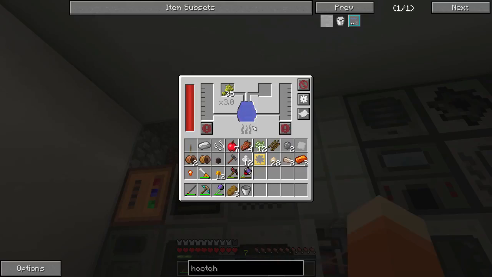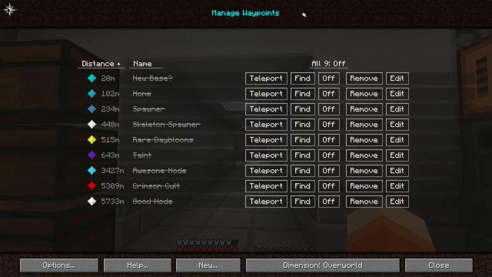Stick that in there, and that should make Hootch. 12%, 16%. So it's going up quite quickly. 37, 41, 43, 47, 50, 54, 56, 60, 62, 71, 75, 81, 85, 87, 91, 93, 97, 100. Okay, that makes 750 millibuckets, which means I'm going to have to use my other remaining piece of sugarcane